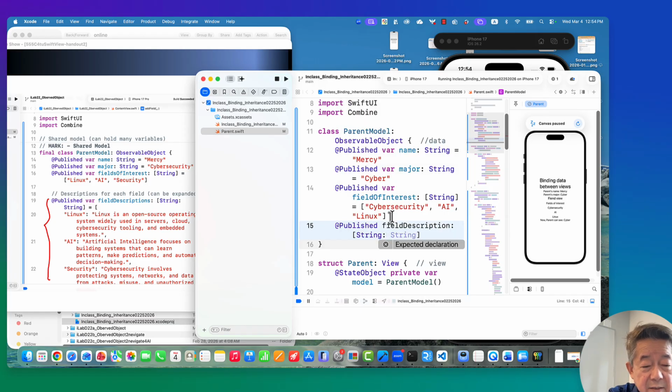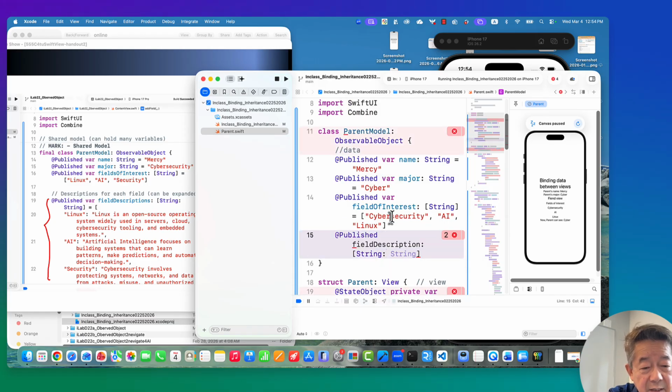So the key is a string and the value is a string as well. And then initially we could have, for example,